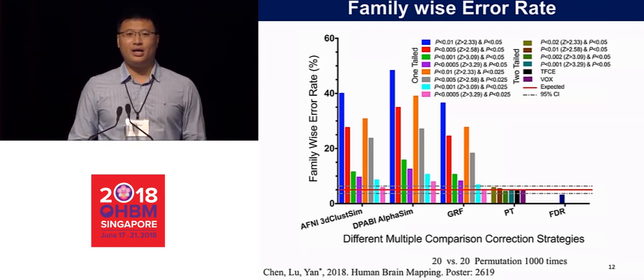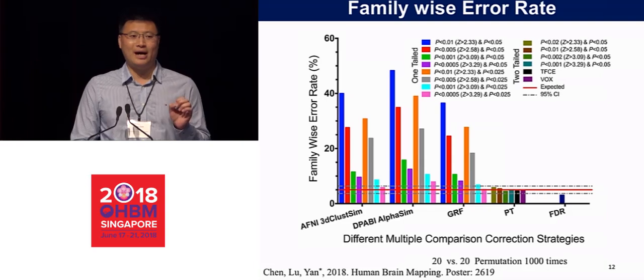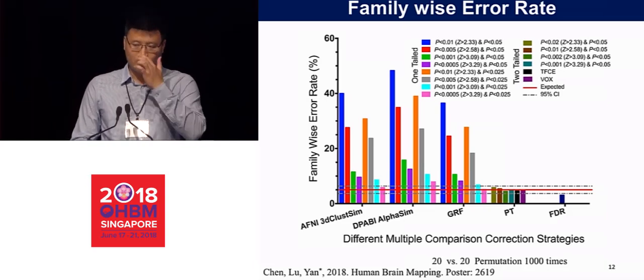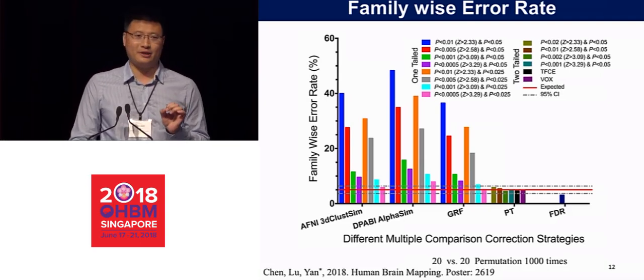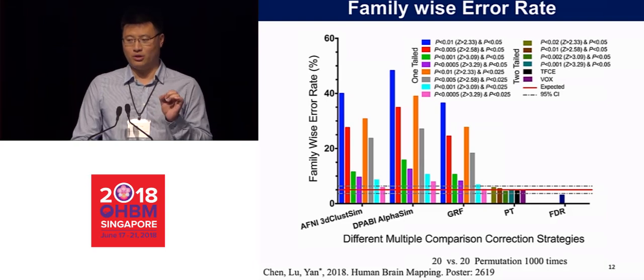Okay, so the results are pretty similar to Eklund's findings. If the voxel-level p-value is controlled at 0.01, the family-wise error rate is very high. Only if we control the voxel p-value very strictly. Here, if we are interested in two-tailed effects, we should correct each tail. For each tail, we should control the voxel p-value at 0.0005, pretty small, and the cluster p-value at 0.025. In this case, we can control the family-wise error rate under 5%. So we should control it that way.